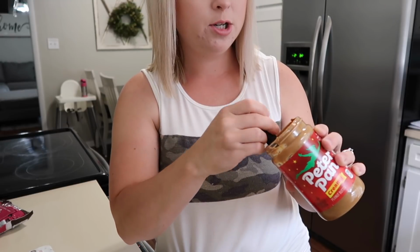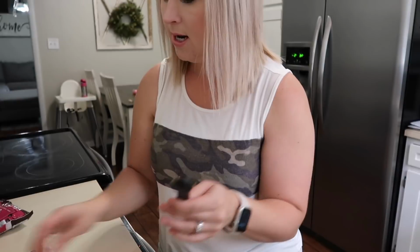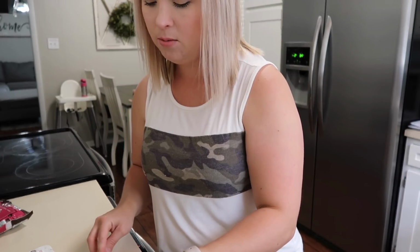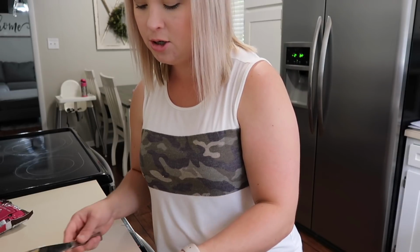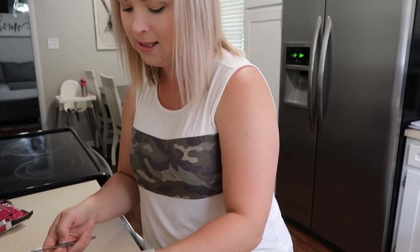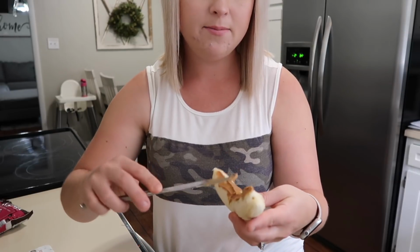So I'm going to do 1 teaspoon, and I'm going to put it on the banana, and that's going to be my breakfast. I like just plain bananas, but when you can add some peanut butter to it, I'm all for that. So this is going to be my little 1 point. Actually, this is like 3 points, because my 2-point coffee and then my 1 point banana, and here is my